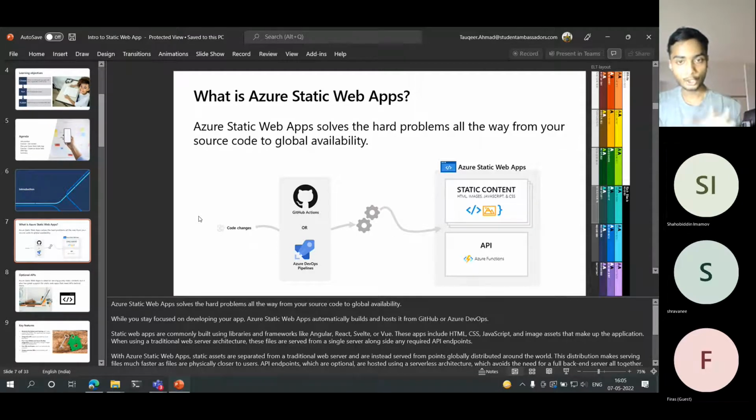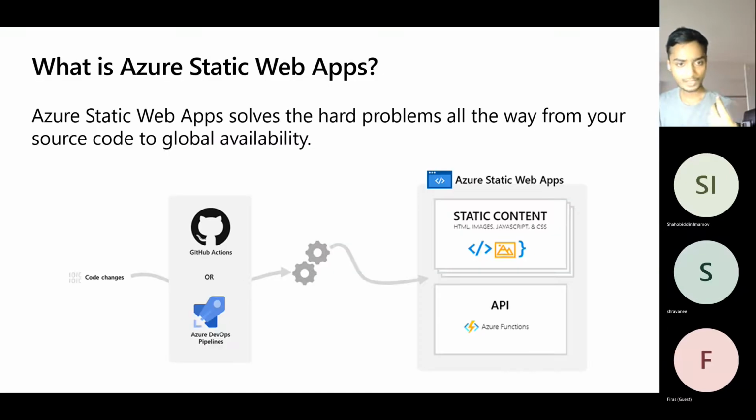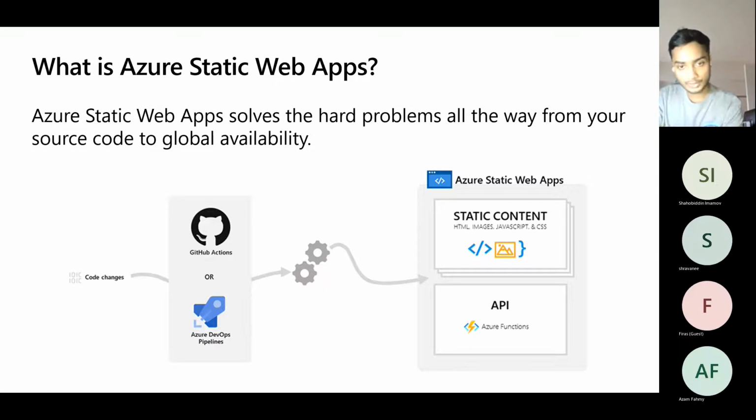We, as an engineer or a developer, are developing some code, right? We are developing some code and using GitHub Actions. It is a part of DevOps which has been provided by GitHub since 2018 or 2019 itself, right? What they are doing is providing you the pipelining feature to get the static content onto Azure.